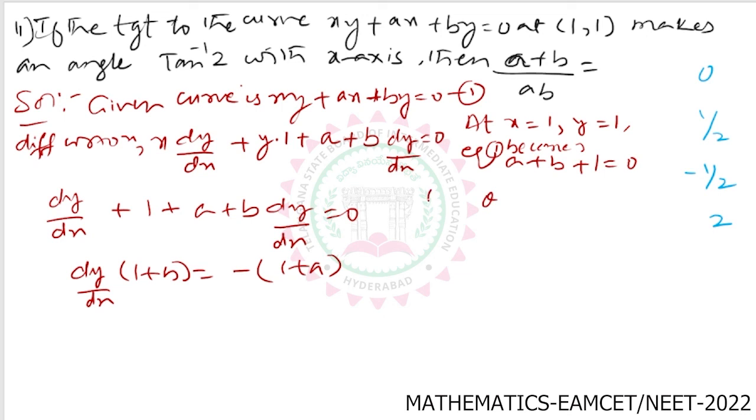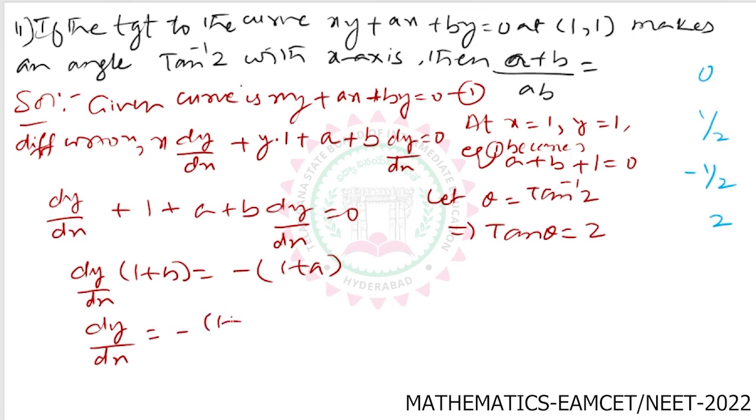Okay? Now what is given? Let theta is equal to tan inverse 2. So this means that tan theta is equal to 2. Therefore, what is my dy by dx? Tan theta is nothing but my dy by dx. m is equal to tan theta. Therefore, 2 into dy by dx is equal to minus of 1 plus a, divided by, this will go to the denominator, 1 plus b, which is equal to,